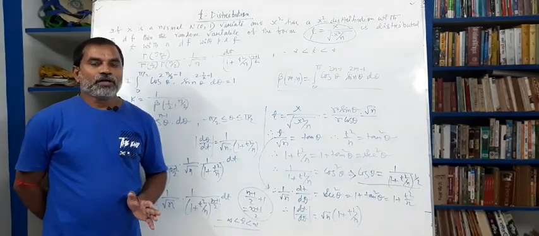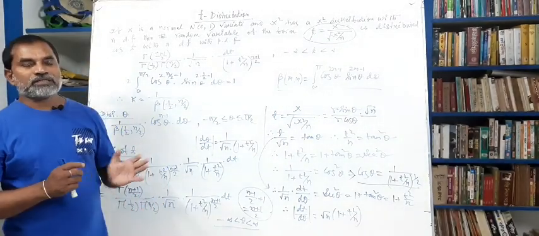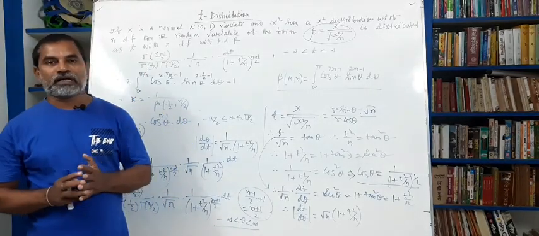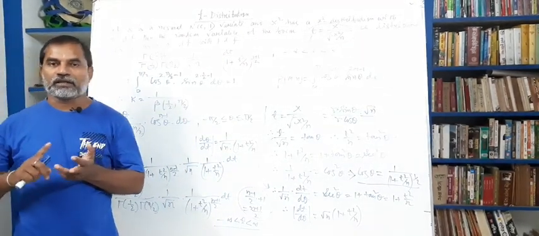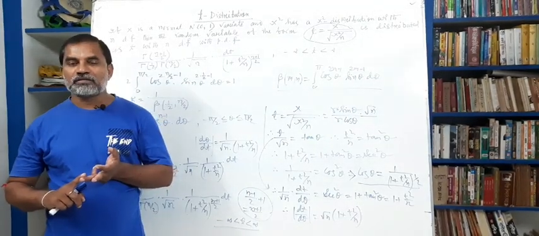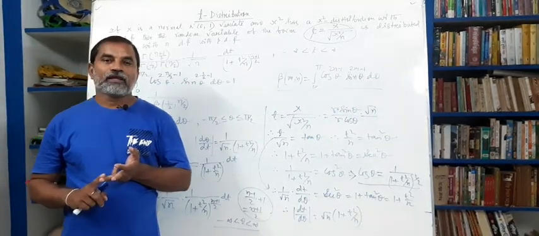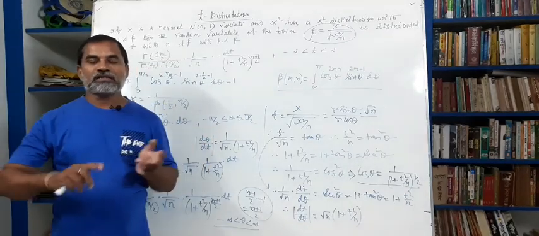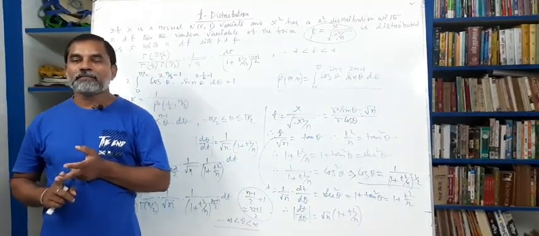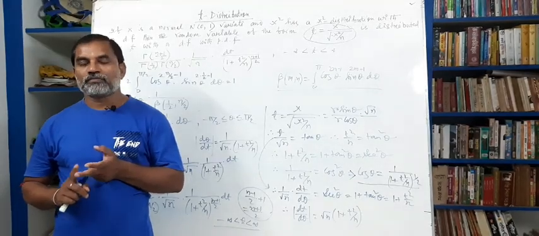I think you must follow this class, and this is a most important distribution. We have already discussed two distributions, chi-square and t distribution, and in our next class, you must follow this class and the next class, we discuss the moment generating function and the moments